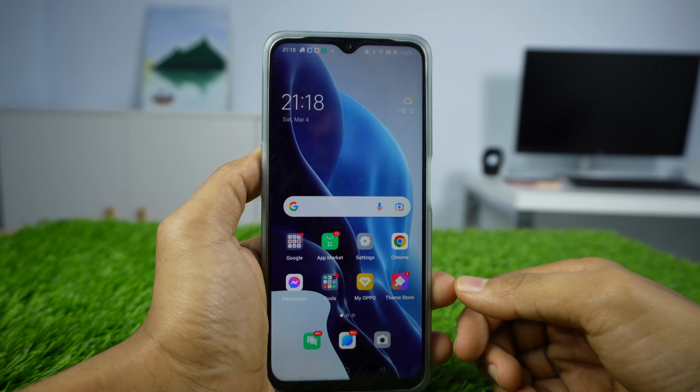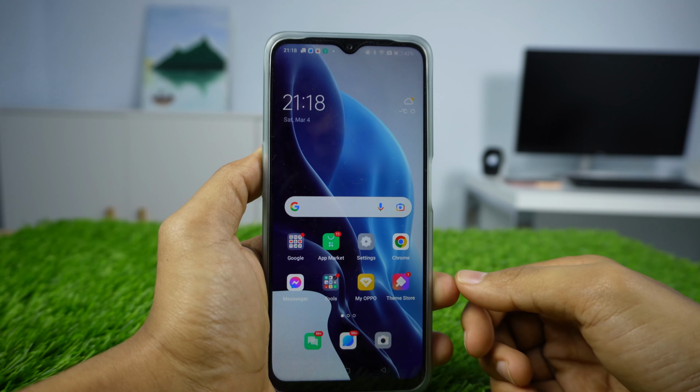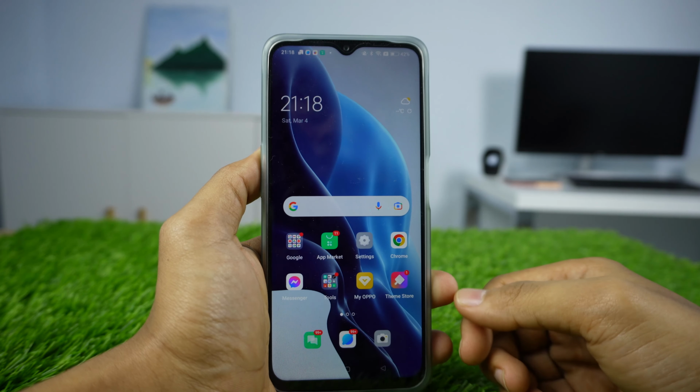Hello everyone, in this video Faisal Gadget will share how to change DPI on Oppo A17, A17K and other